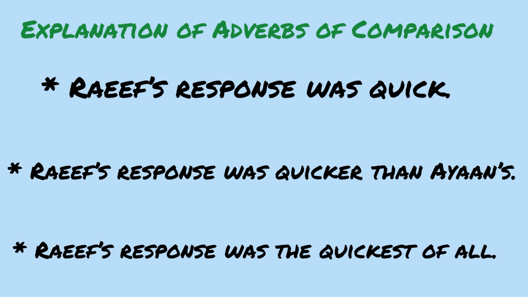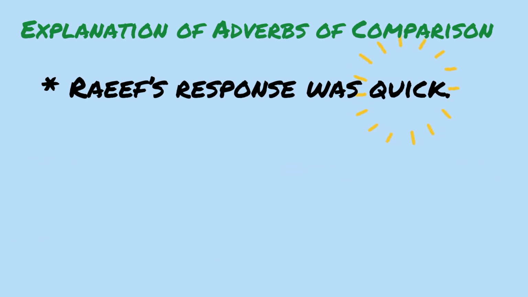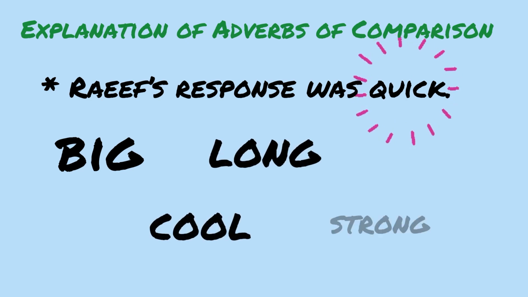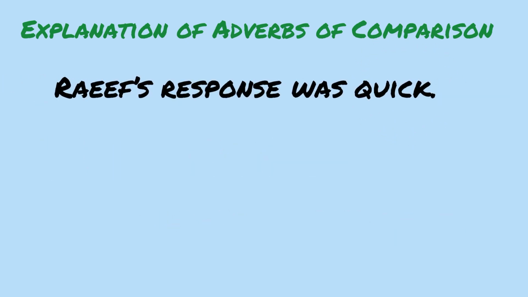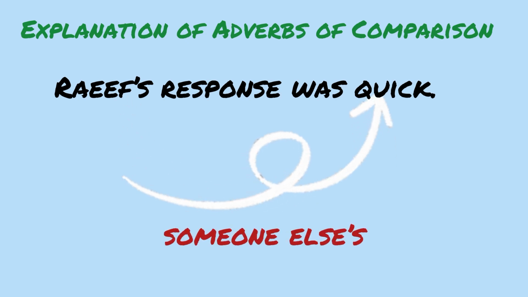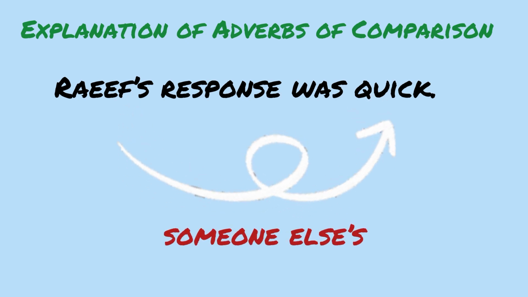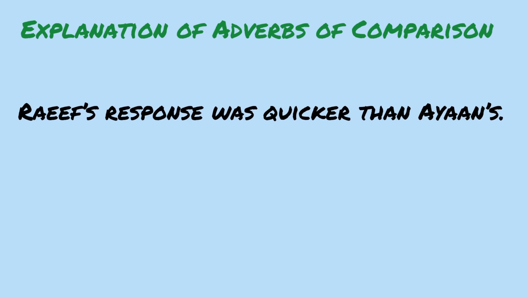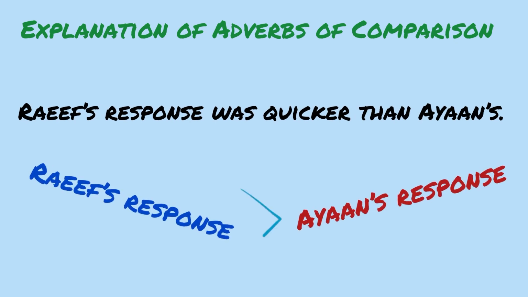Before we start analyzing the above sentences, there are a few things that we must keep in mind. Quick is a one syllable word like big, long, cool, strong, etc. The first sentence generally gives the impression of Ralph's response without comparing it with someone else's. The second sentence compares the response of Ralph to that of Ian and declares Ralph's response to be quicker than